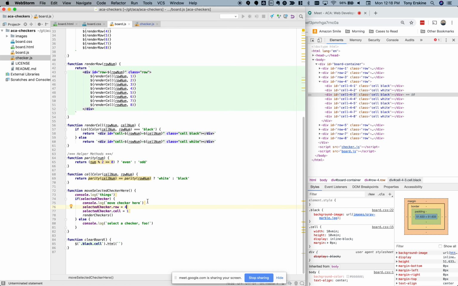I don't think we do. Okay, so if there's a checker selected, move the checker here. And the first thing we're going to do is see if we can get the ID off of that